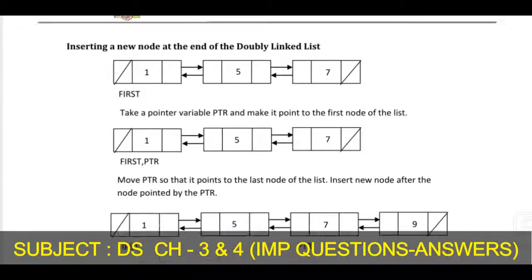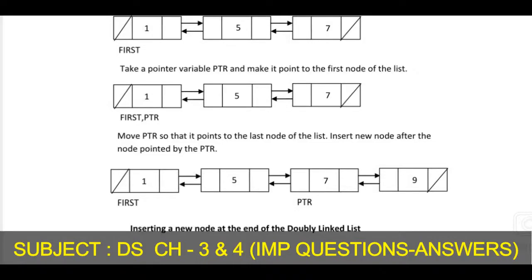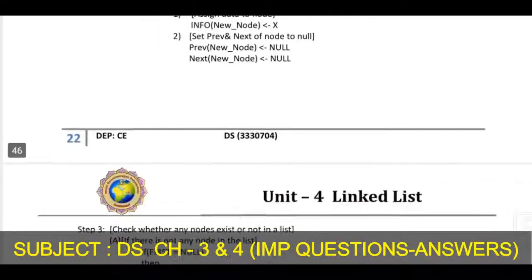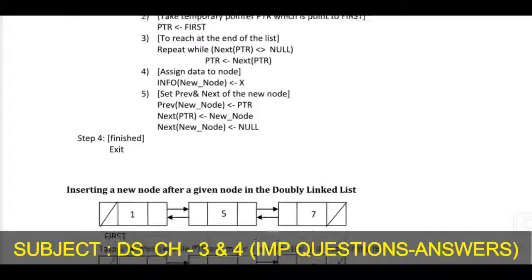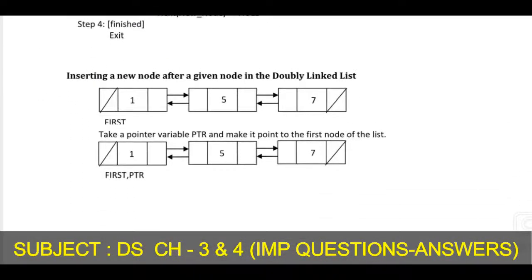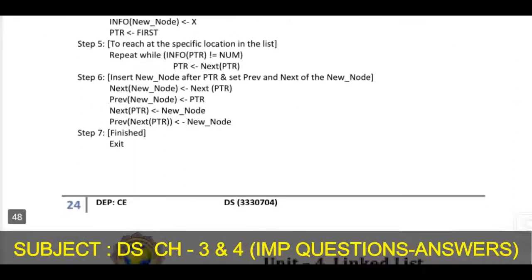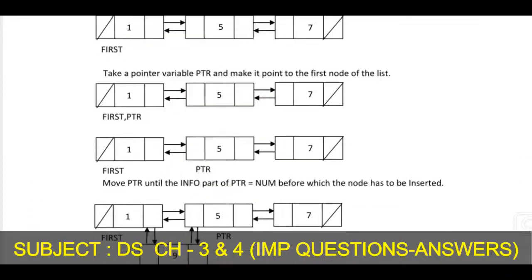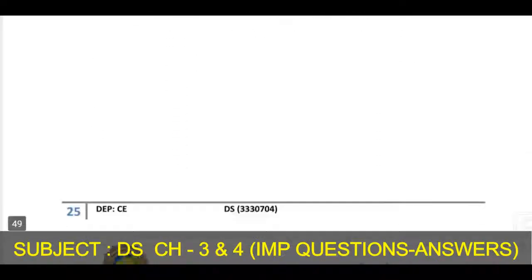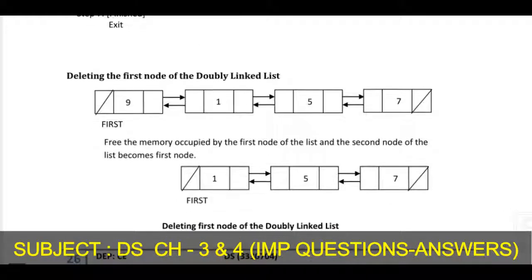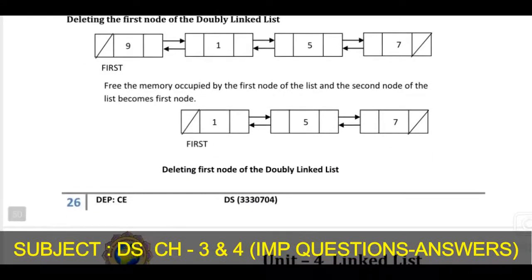Then here adding a node at the end of the doubly linked list with its algorithm step. Then here next, between, but this is not IMP. Here one is also not IMP for the exam. Here this is not IMP for the exam, but deleting the first node of a doubly linked list is an IMP concept